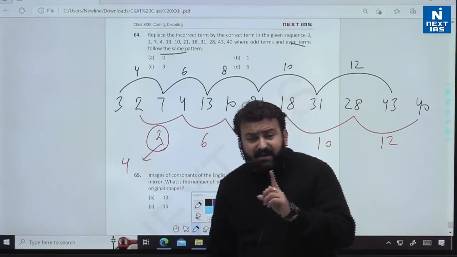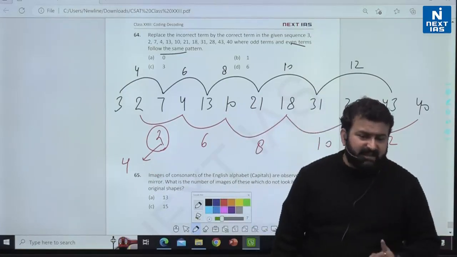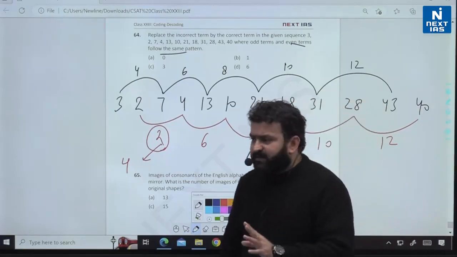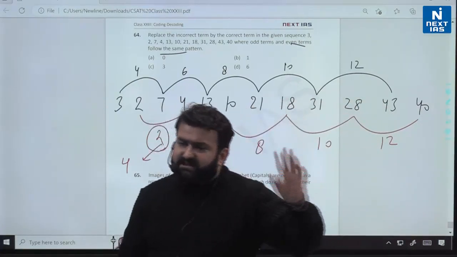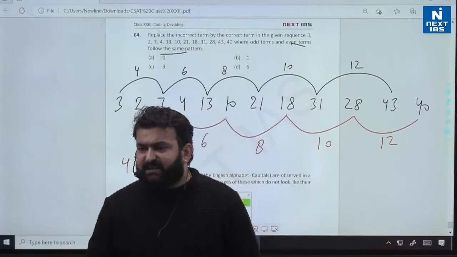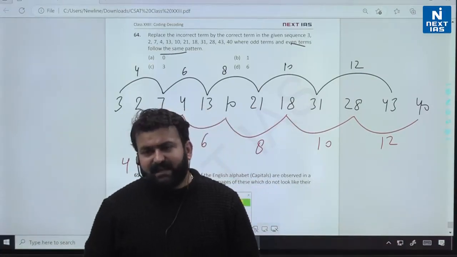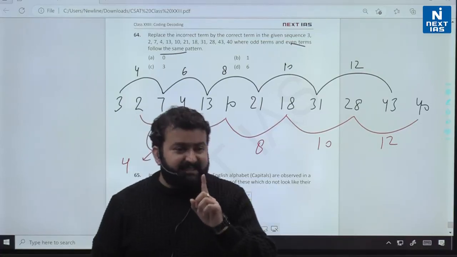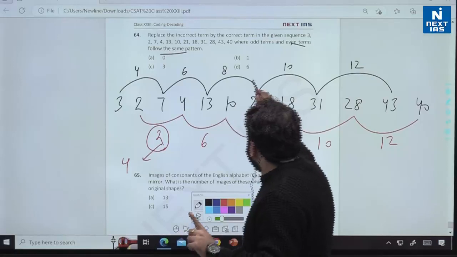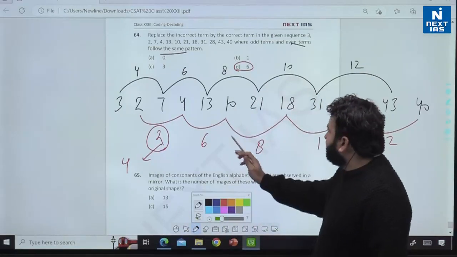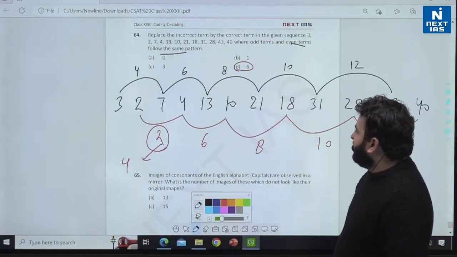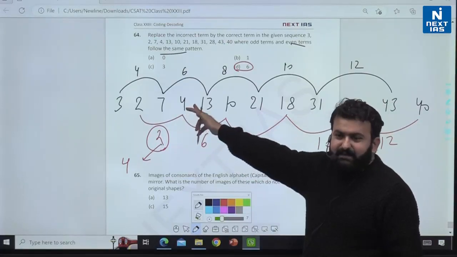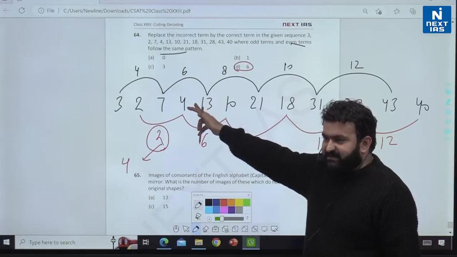अब देखो एक चीज, now all of you, if you remember in yesterday's class, I told you all so many times that if any term will be wrong, it will disturb the pattern on its left hand side as well as right hand side. देखो, those of you who are getting answer option D6, now here in this case it means according to you all 4 is wrong, and at the place of 4 you must have 6.